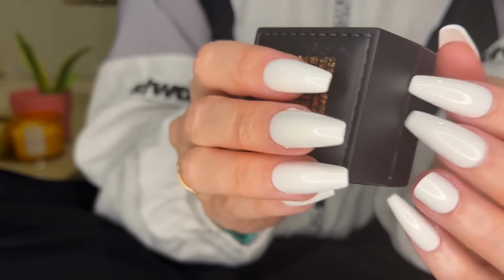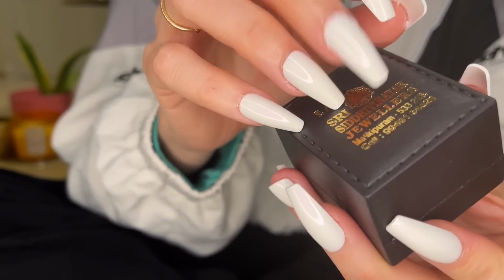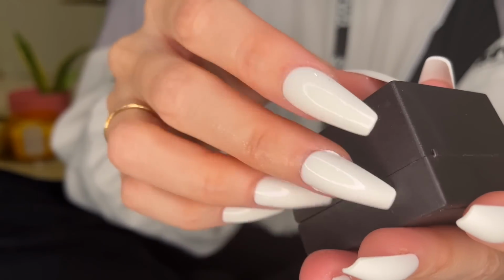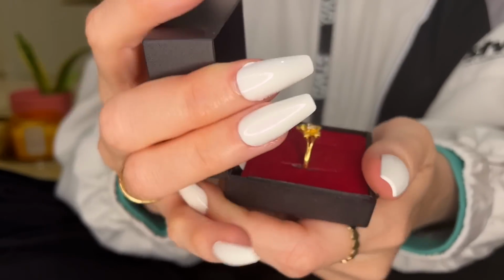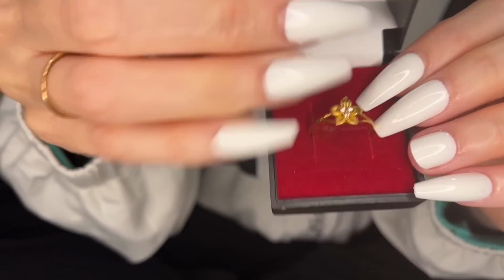I've been rewatching Friends on Netflix, and when I just said that sentence, I heard Chandler's tone of voice, and I was like, oh my. Anyway, there's the ring,